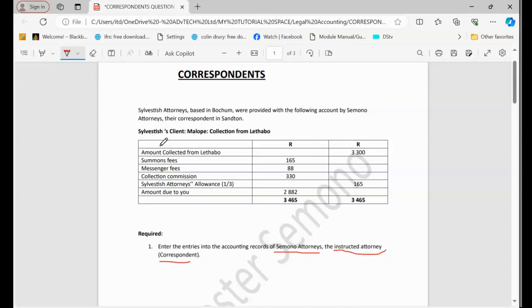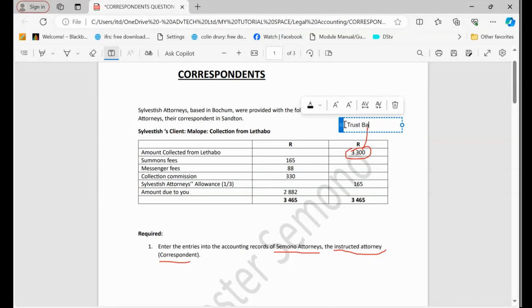Firstly, as you can see, this is our account statement. First, you can see that we collected this amount of 3,300. Remember, in this case, the client to the correspondent will be the instructed attorney, in this case Sylvester's attorney. So in other words, Sylvester's attorney will be our client. When we collect this amount of money of 3,300, this amount belongs to the trust. Can you see now? So this amount will affect both the bank,